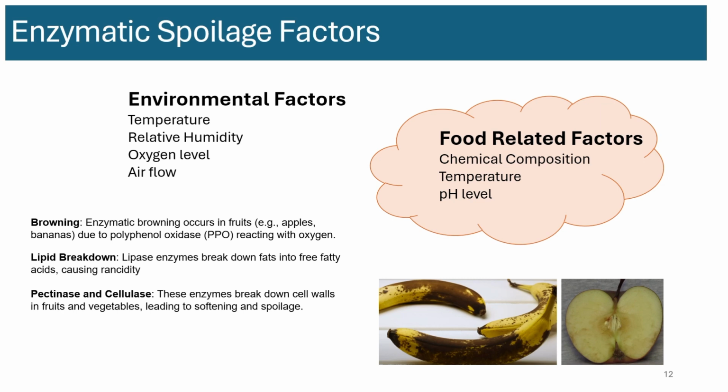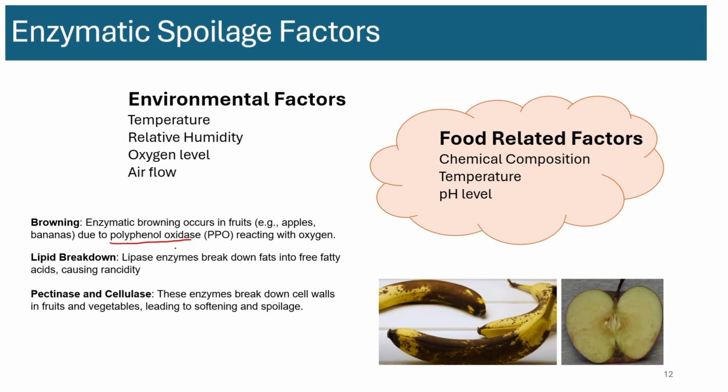Now, the third factor is the enzymatic spoilage of food. So what does this mean? It means it's not due to microbes, it's due to the chemicals that are present within the food. And these are basically enzymes. And one of the most common ones that creates spoilage of fruits is the polyphenol oxidase. Okay, if you remember how your bananas change color, in the beginning they're green and then they slowly ripen, become yellow, and once they're yellow, they turn brown. And this turning brown is due to this particular